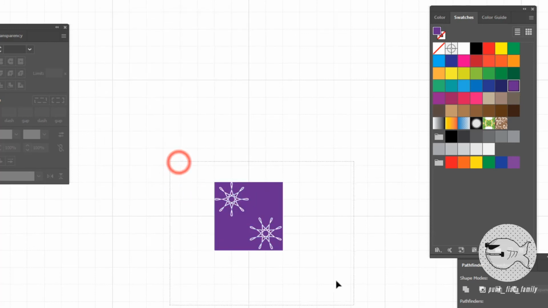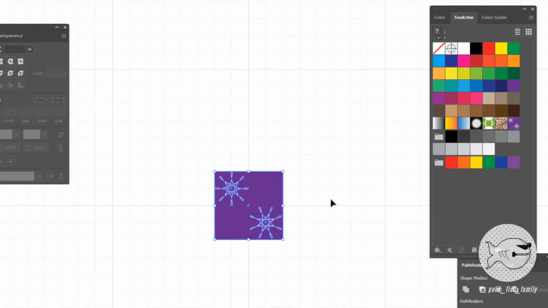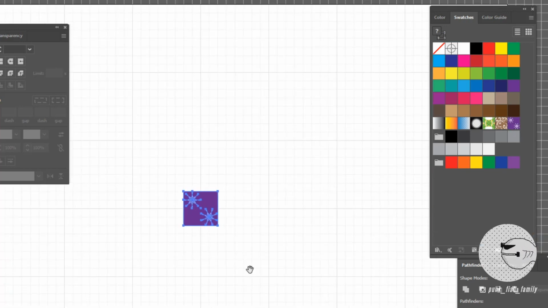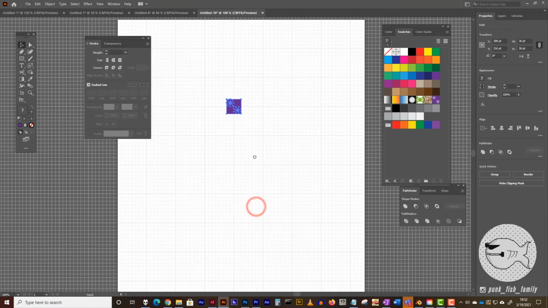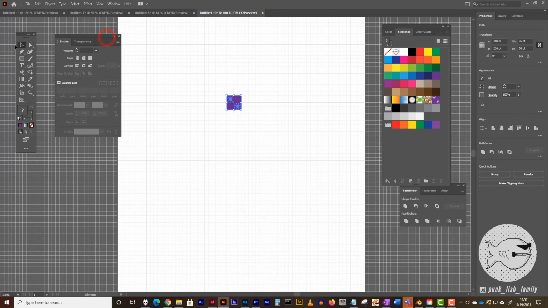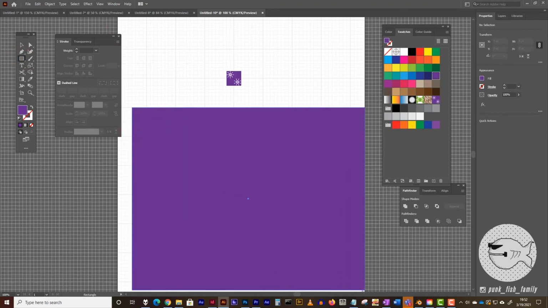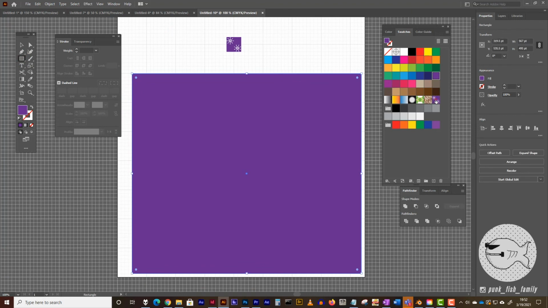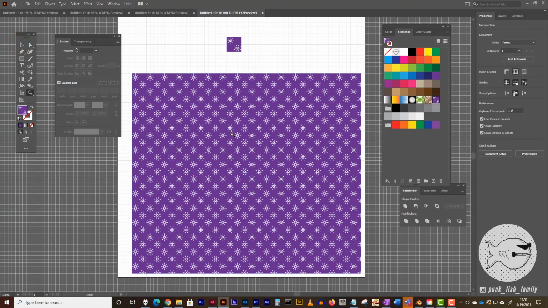The last step is to take all 3, drag them into your swatches panel, and then we can apply them to a large area and see what it looks like. So I'm just going to zoom out here. I'm going to create a large rectangle, and I'm going to fill it in with my swatch pattern. All right, that's it